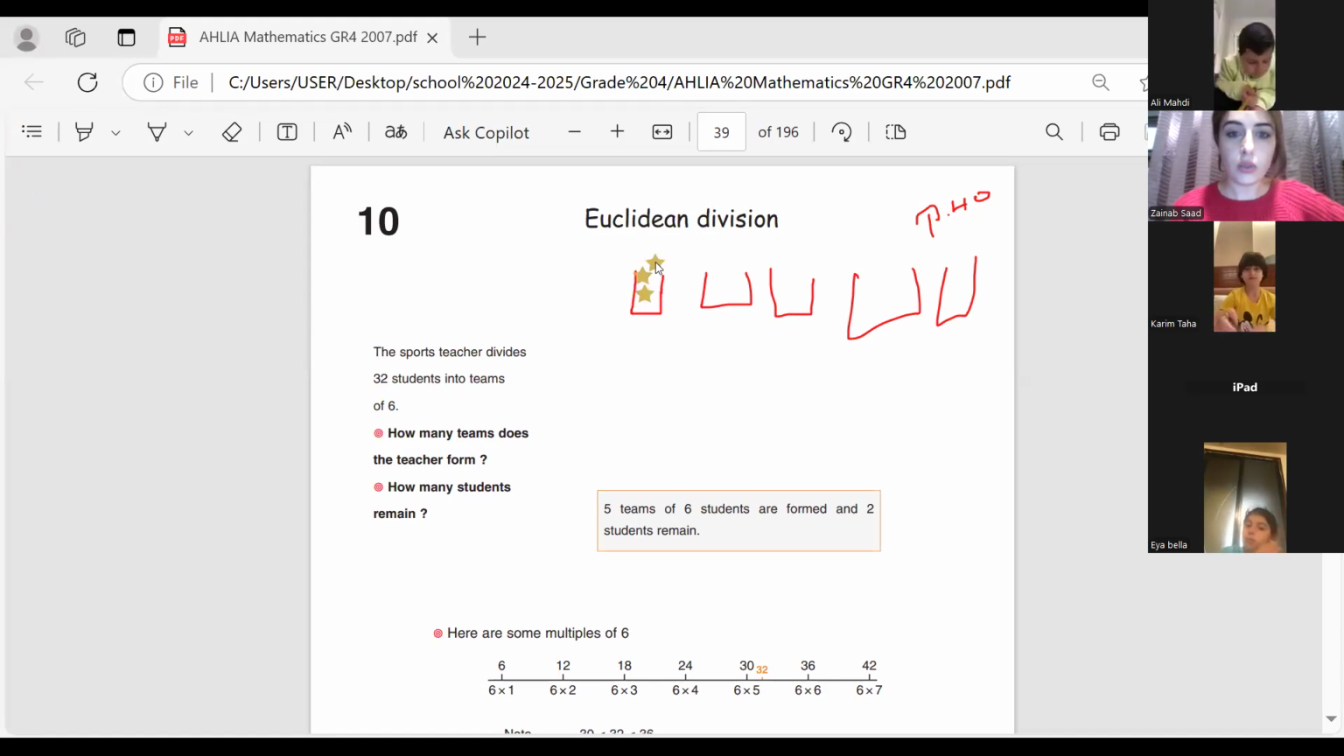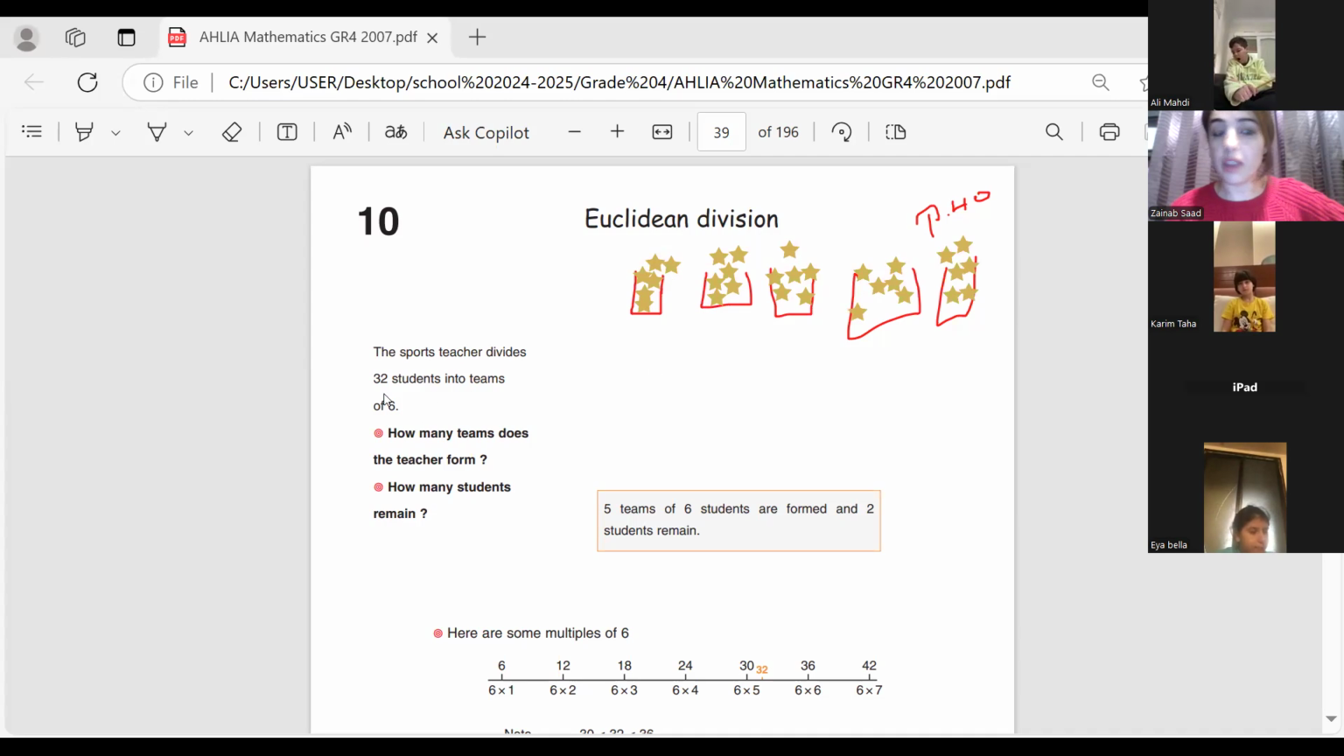1, 2, 3, 4, 5, 6, for each team. Okay, so we're going to consider that we have 6 students inside each team, but let me count all the students